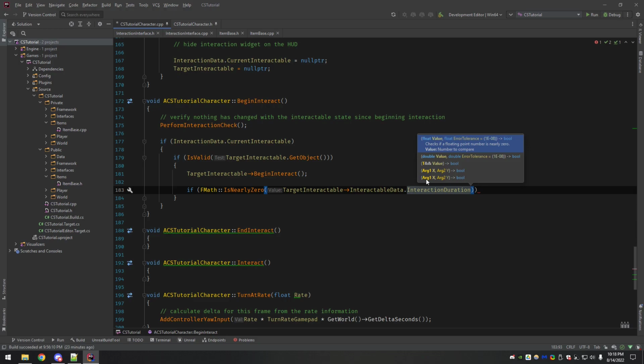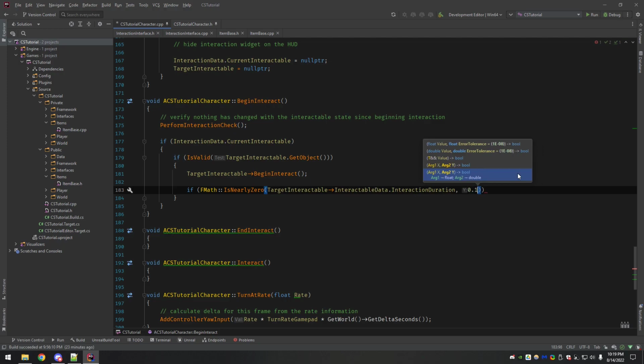We're checking, is this nearly zero, but we're going to give it a tolerance. The second argument on IsNearlyZero is an error tolerance, the maximum allowed difference for considering this as nearly zero.